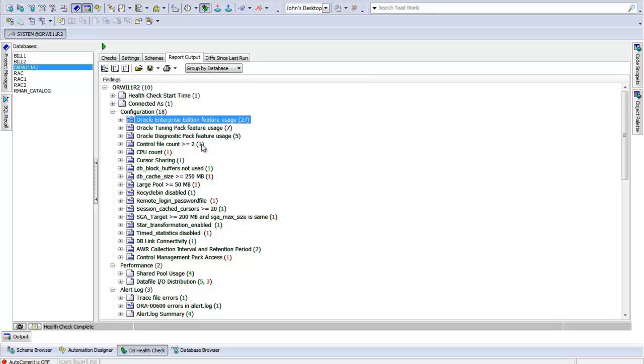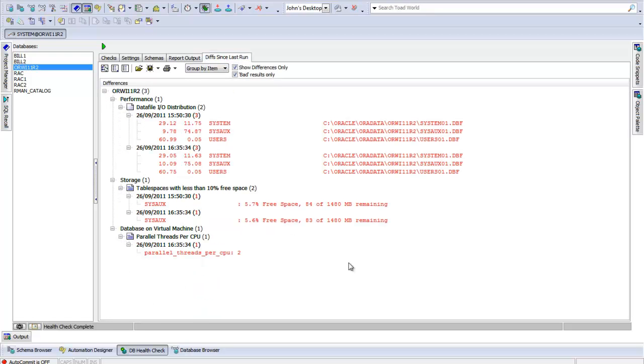Green items are things that are considered okay. Things that are in red are things that are basically just highlighting to the DBA things that might cause a problem. And then of course the differences since last run highlights anything that has been flagged up as having changed since the last time you ran the report. So that's going to be really useful where things change, and you can have that flag up as just show differences. So these reports can get saved out as HTML